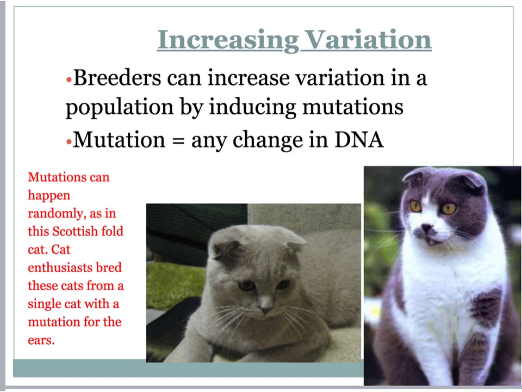So breeders will often increase this variation. They'll bring in new types of animals, in this case cats. So they'll either bring in a totally different animal, or not animal, but a different cat. If a cat has a mutation, like in this case the flat ears, that happened randomly, but now they'll start